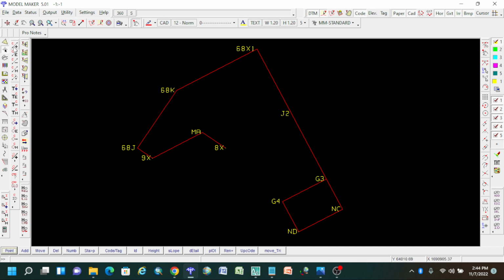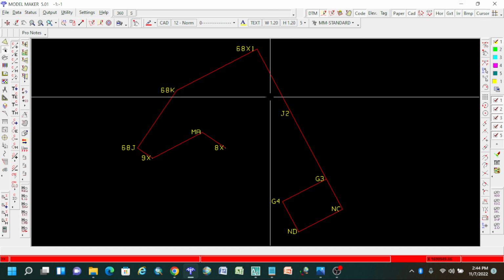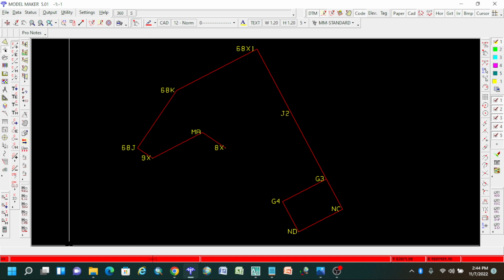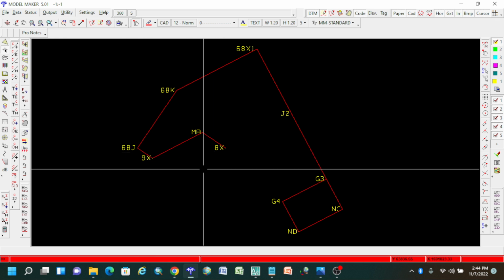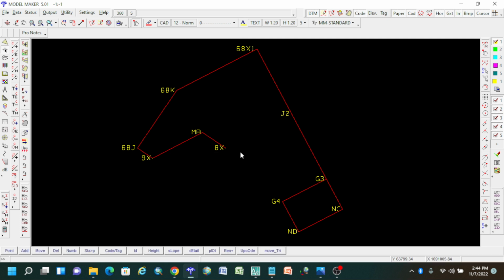And then just for the sake of putting it out there, whenever you are doing a function, you experience that, let me just make the cursor bigger. Okay, you experience that there will be a red line down there. What does this mean? This means there's a function that's running, so you cannot do another function unless you stop the function that you were doing. How do you stop that function? You can press escape. I've pressed escape, and